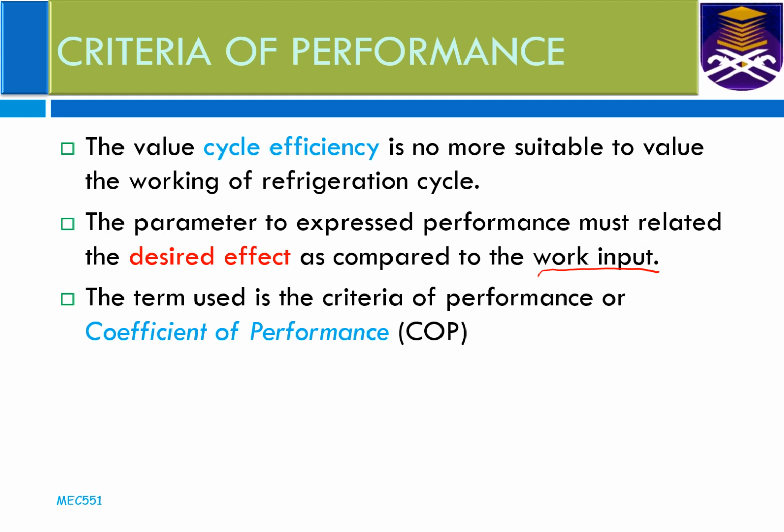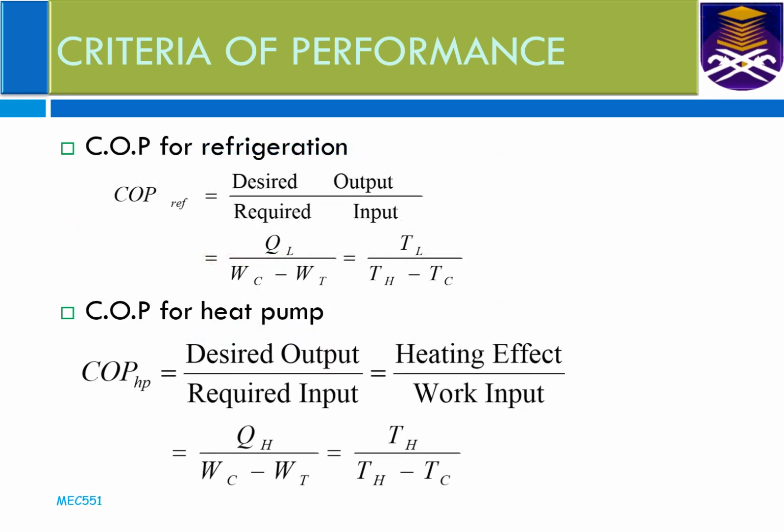So the term used for evaluating the performance of the refrigeration cycle is known as the coefficient of performance. So the coefficient of performance is the ratio between the desired output divided by the required input. So the desired output for the refrigeration cycle is the cooling effect, or the QL, which is